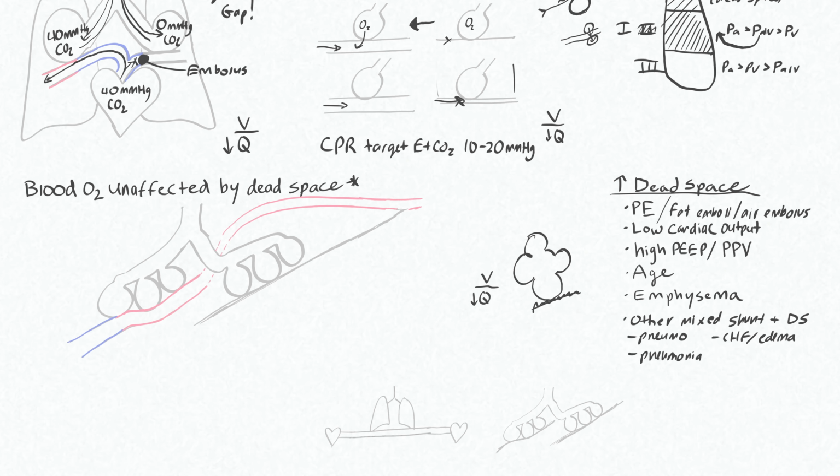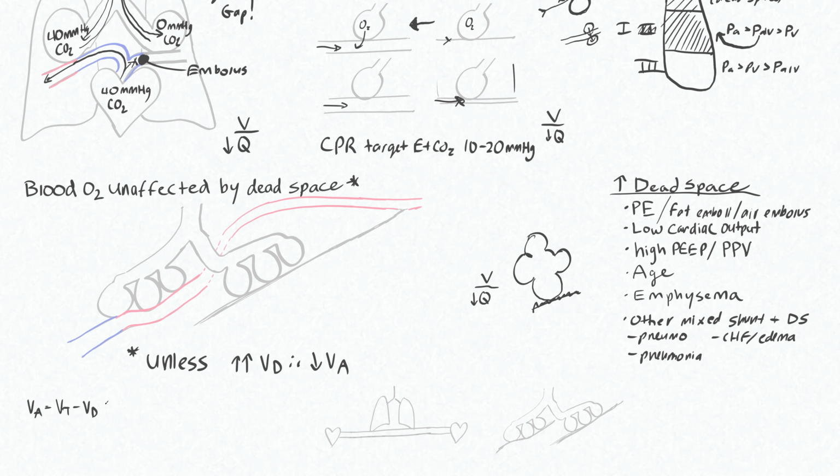Okay, I've referenced this a few times, but let's just finish off by talking about why blood O2 is generally unaffected by dead space, and then the circumstances where it will be. So the caveat to this is unless there is a very large increase of dead space, therefore you have decreased alveolar ventilation. Remember, the equation here is that your alveolar ventilation is equal to your tidal volume minus your dead